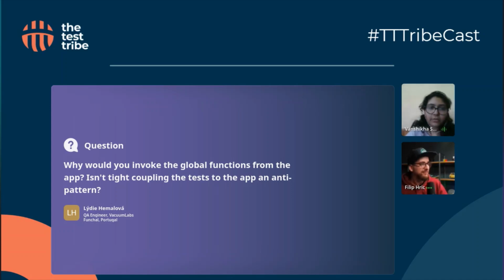Why would you invoke the global functions from the app? Isn't tight coupling the test to the app an anti-pattern? I wouldn't say so. I never heard that it would be an anti-pattern. You don't want to test implementation details, and I think that's the anti-pattern. But tight coupling the test to the app,